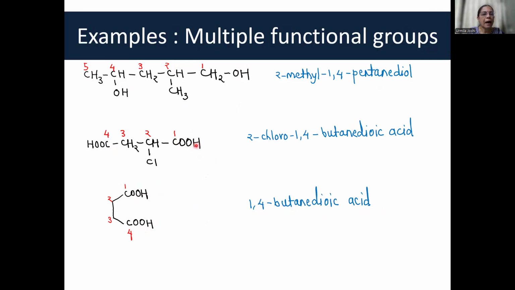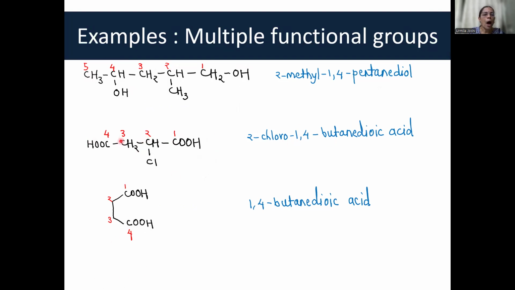Look at this. Again, this is a dioic acid. Now you can start numbering from this end. But if you number from this end, 1, 2, 3, and 4, then both the carboxylic acid group numbers are still the same, 1 and 4. But this substituent doesn't get the lowest possible number. It gets number 3 if you start numbering from this end, 1, 2, and 3. So that is not a right thing to do. What we have written over here, 1, 2, 3, 4 is the perfect numbering.